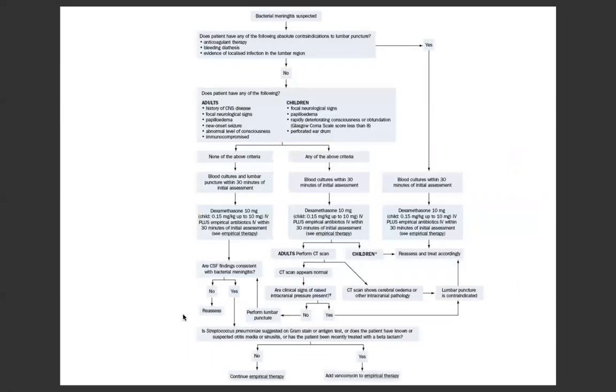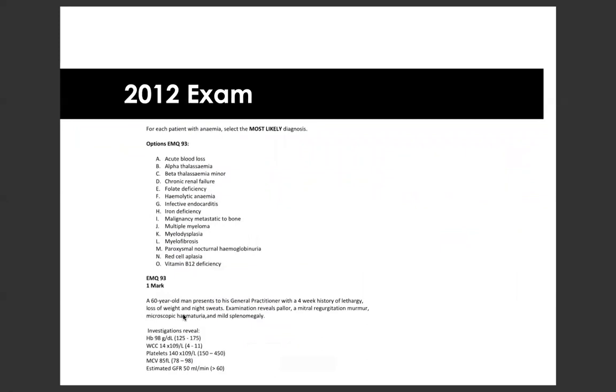And then that's just, I guess, an algorithm for how to treat meningitis. I don't think we have to know. Next question. A 60-year-old man presents to the GP with a 4-week history of lethargy, loss of weight, and night